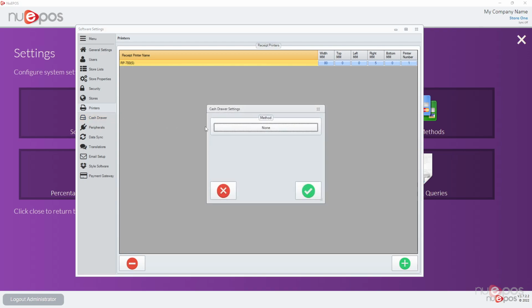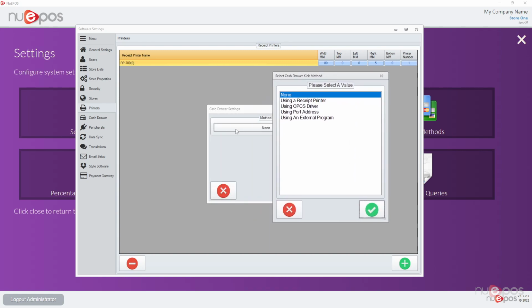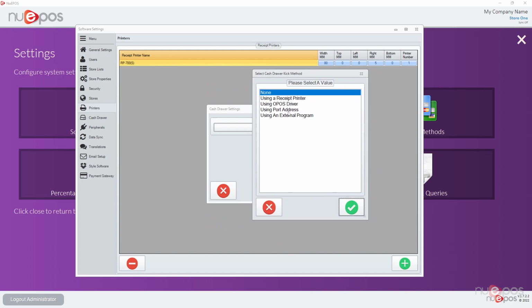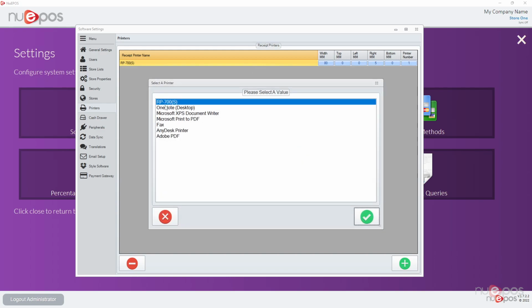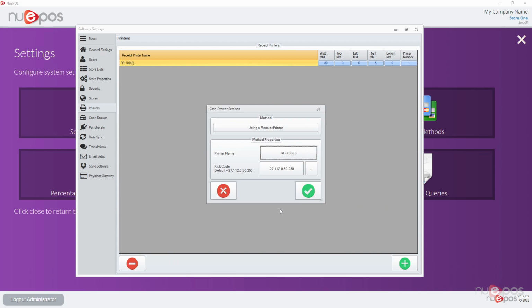If you click on Cash Drawer, the system needs to know how to open the cash drawer. You click on Method, None, that button there, and you've got 4 different options. The main way you would open, or kick, a cash drawer, as the proper term is, is via the receipt printer. So if you've got the cash drawer plugged into the back of the receipt printer, choose using a receipt printer, click tick, click printer name, choose the printer that is going to open it, RP700 in this case,